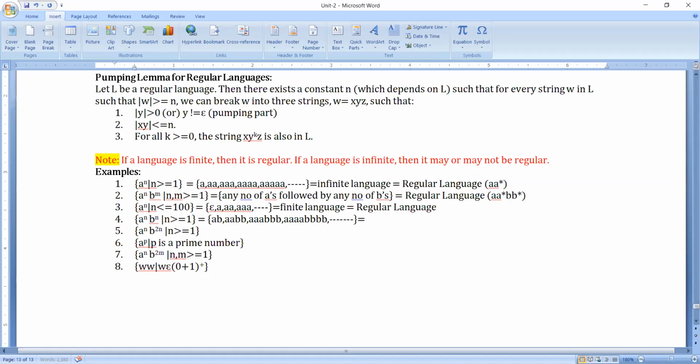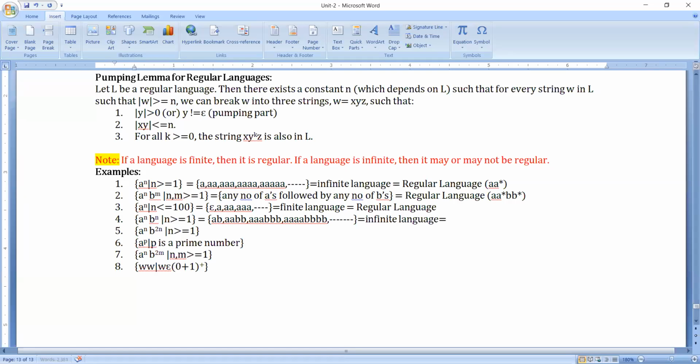Now this is an infinite language, and I don't know whether this language is a regular language or not. In order to prove whether my language is regular or not, please observe, as here we are following some pattern. We have single A, single B, double A, double B, triple A, triple B, 4 A's, 4 B's. This language says that we have an equal number of A's followed by an equal number of B's.